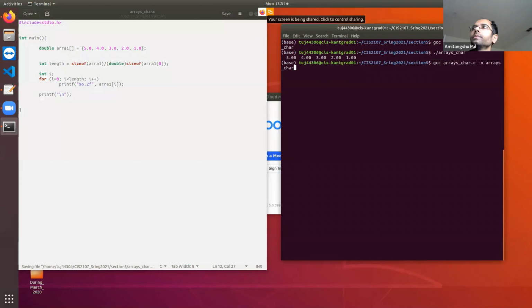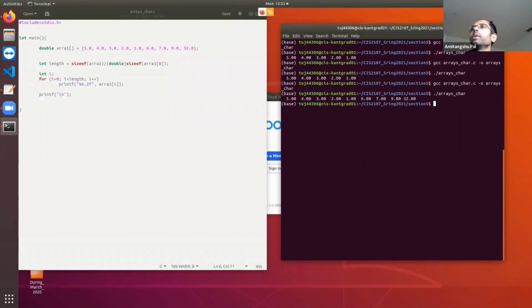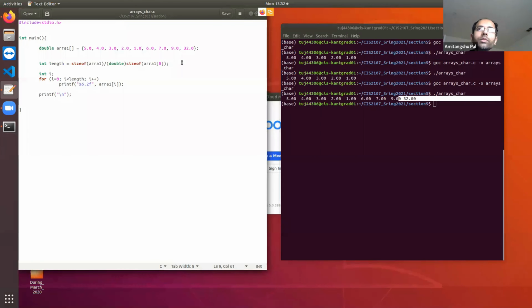So this is going to print this, and you can add any number of elements after that: 6.0, 7.0, 9.0, 32.0, something like that. Print that many elements, and if you want to print the length also, the length.